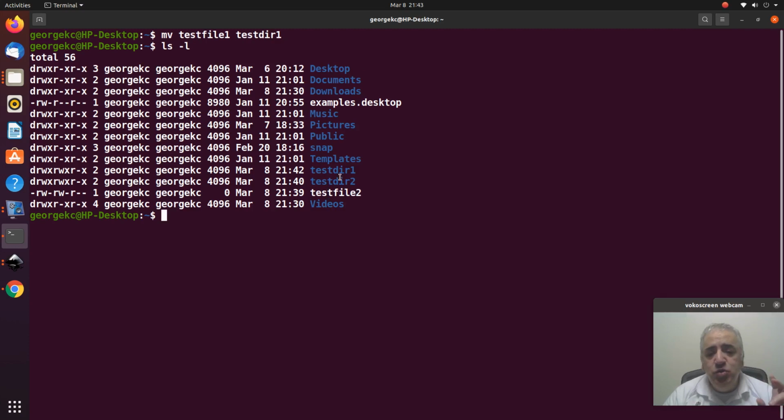And now, to make sure it was moved to testdir1, to show you, we can navigate to test directory 1. If you remember from the previous video, we used cd to navigate to a directory. So in this case, we can navigate cd space testdir1, enter. So now my current directory is testdir1, and I'm gonna do a listing now, ls, and